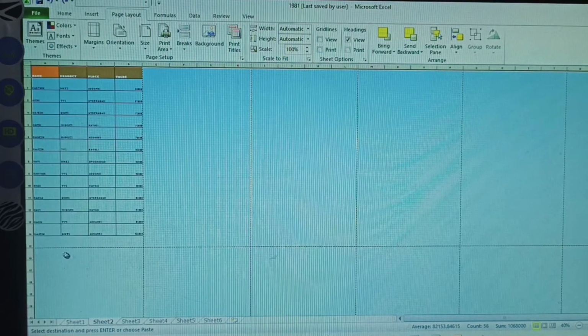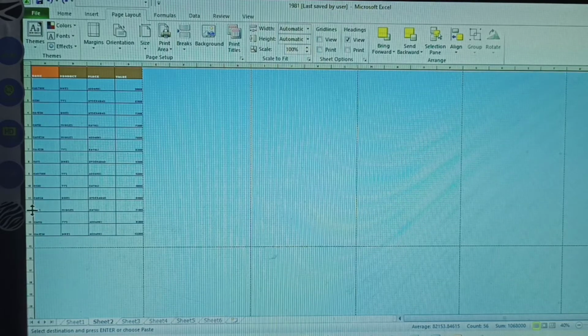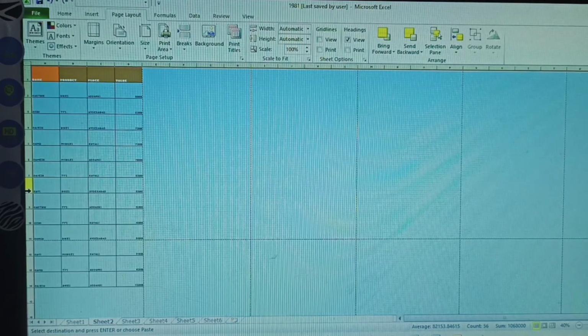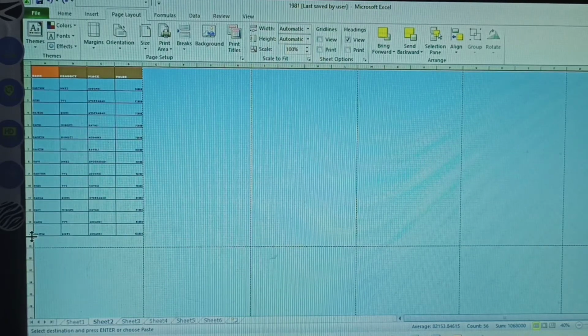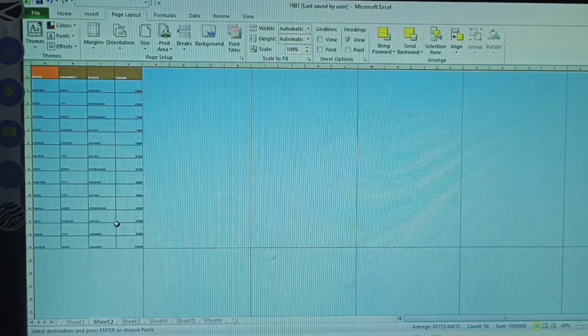Very neatly move the mouse and expand the table. See here, it is fitting on the table.